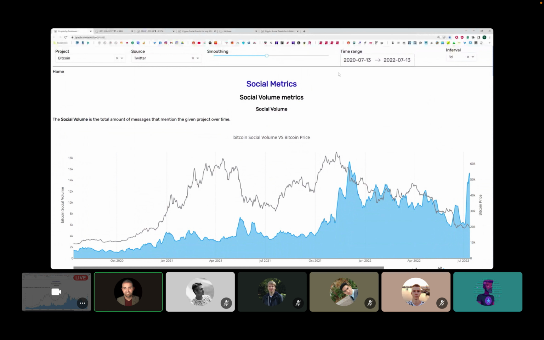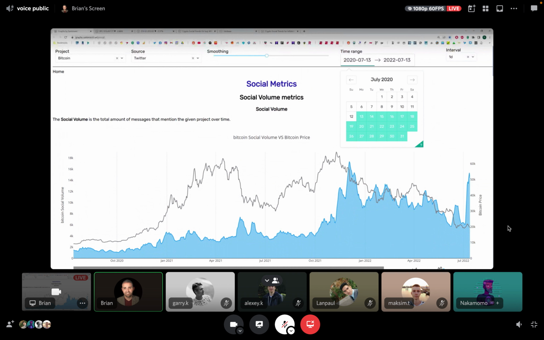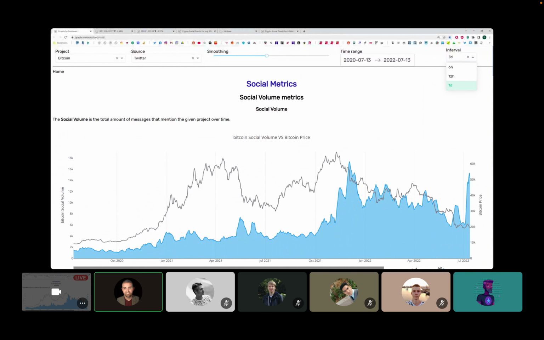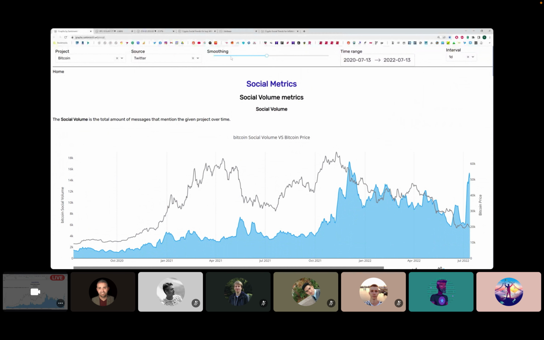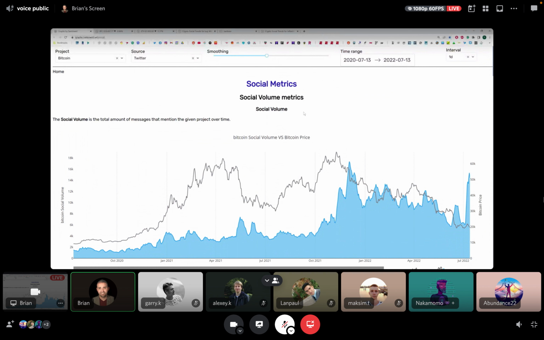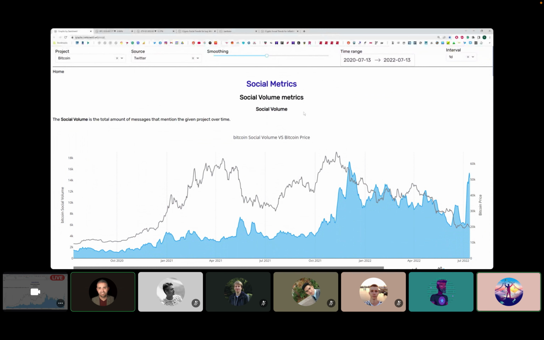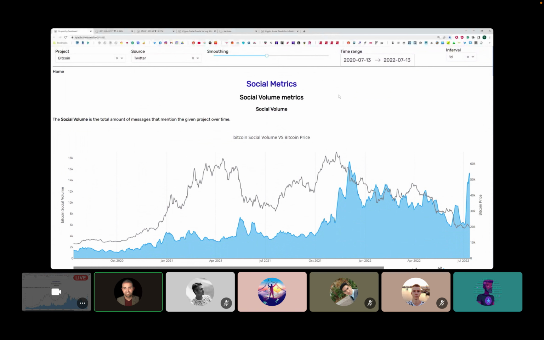And this dashboard here has multiple ways that it can be mixed and matched and arranged and organized through, of course, date ranges. Right now it's showing 2 years worth of data. We can switch the intervals just like we can on Sandbase to 6 hours, 12 hours, 1 day. We can smooth the line. I won't do that now. It takes a little while to load, but it will basically make estimations in between each point of data to give a more smooth